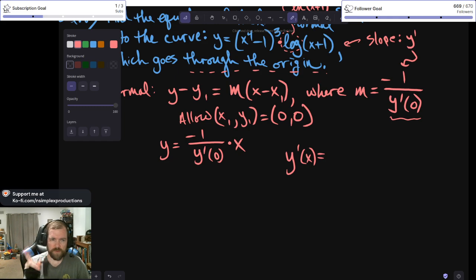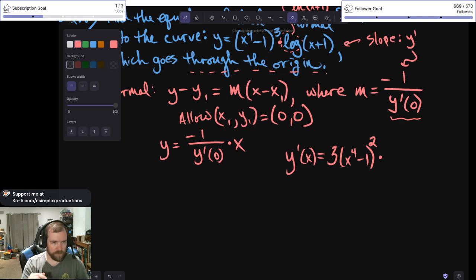because it's a product between two things, we're going to say what happens if we take the derivative of the first stuff first? So take the derivative of (x to the fourth minus 1) raised to the third power. That's going to cause our 3 to come down front. (X to the fourth minus 1) raised to the next step down, the second power. Multiply by